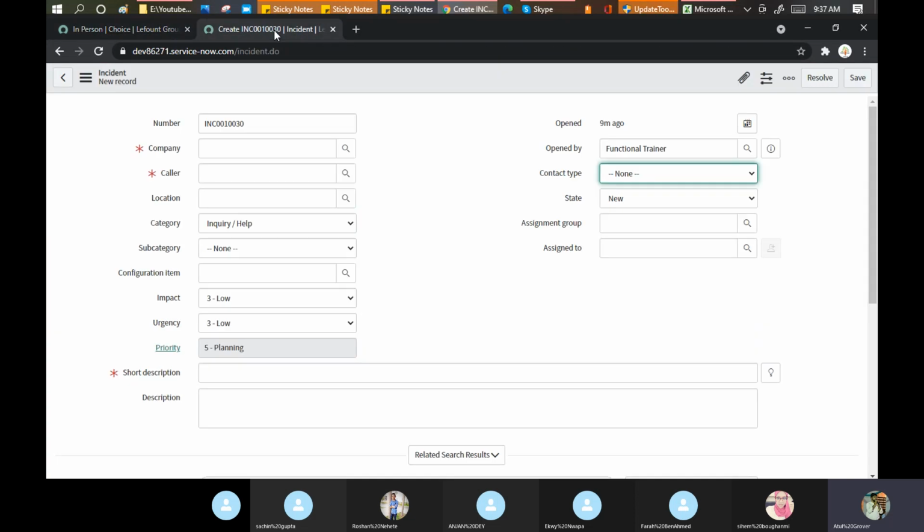I'll tell you one experience which I faced. When I worked as an architect on one project, the customer said that I want an integration of ServiceNow and SAP system. I said okay, this can be done, easily manageable.